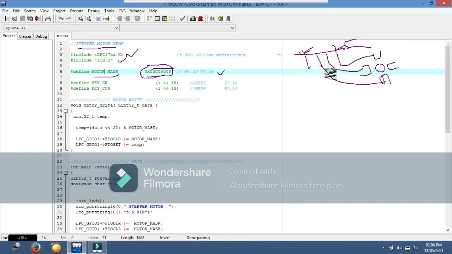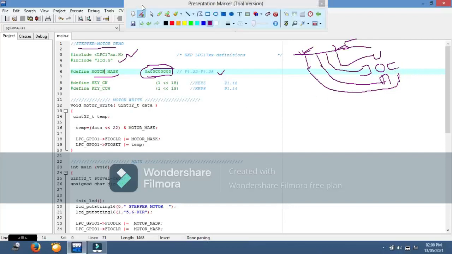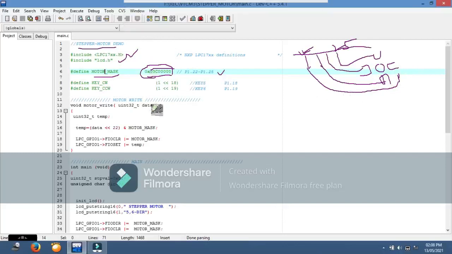We need to energize these coils to rotate the motor. The concept of rotating the motor I'll tell you later. Let's first see this program. Initially, let this function be; we will discuss it later. We directly go to our main program.